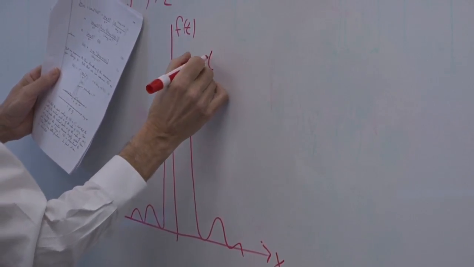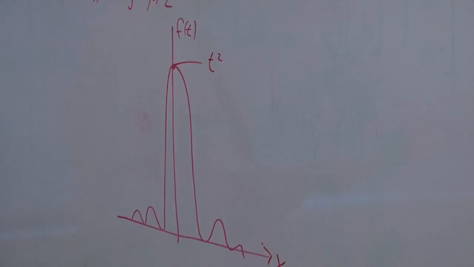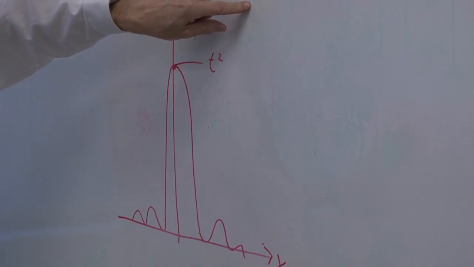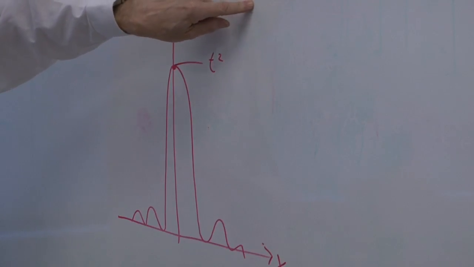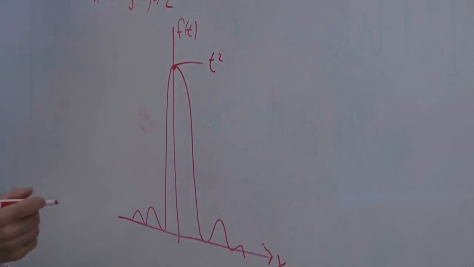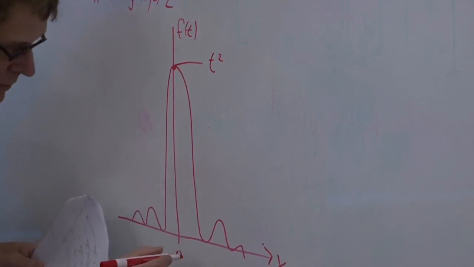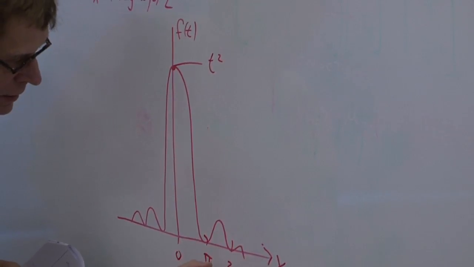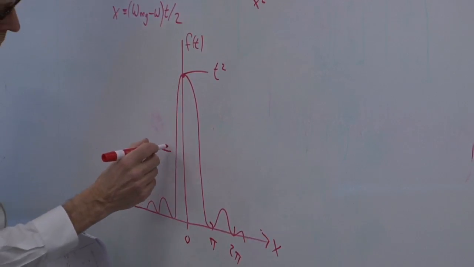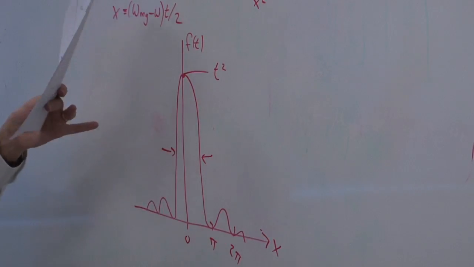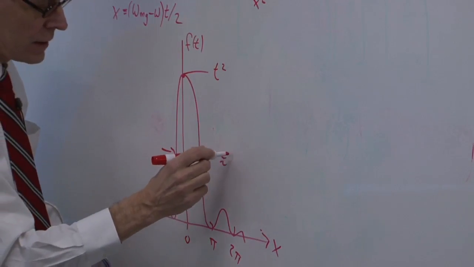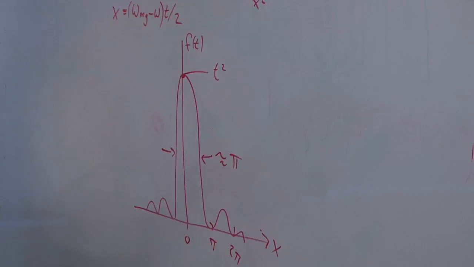But this peak value is going to be equal to t squared, because evaluated at x equals 0, sine squared x over x squared is equal to 1. So let's see, 0, pi, 2 pi, etc. So you have a curve here whose full width at half maximum is approximately